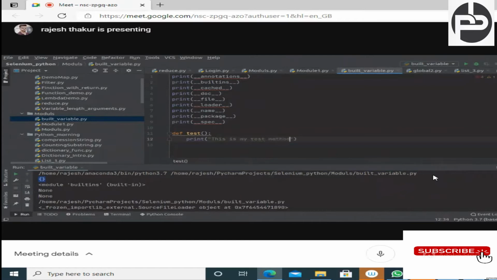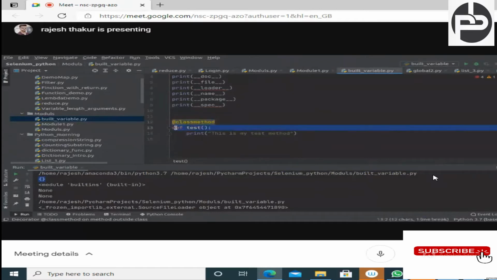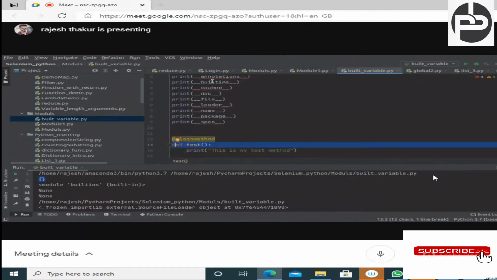Sometimes what we used to do is make this function a class method. So this is known as the annotation. If you make this kind of annotation, then it will represent whether this function is a class function or a non-class function. That is what the annotation does.